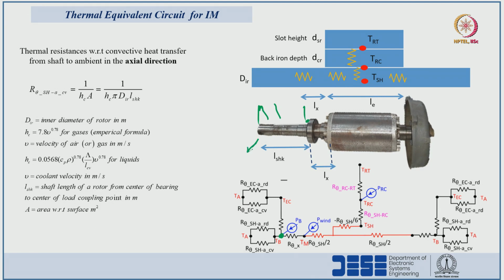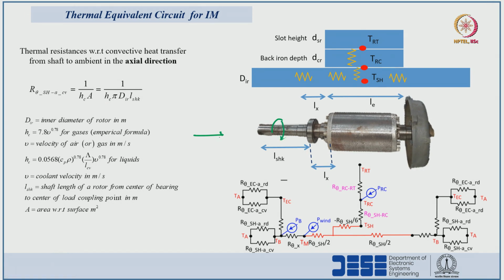So, that resistance with respect to convection is represented with R theta shaft to ambient in a convection manner, 1 by Hc into A. Here Hc represents the convective heat coefficient, and based upon the type of cooling arrangement, whether it is air or liquid, we have to select this convective heat coefficient, and the area with respect to the heat flow is nothing but, heat is flowing in this direction, area will be the perimeter with respect to the